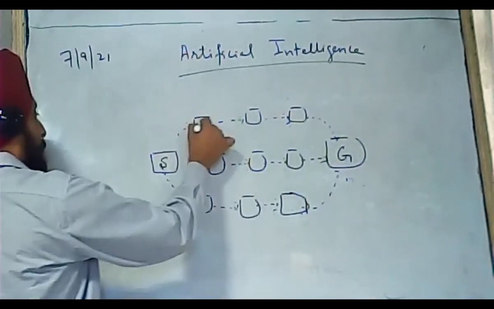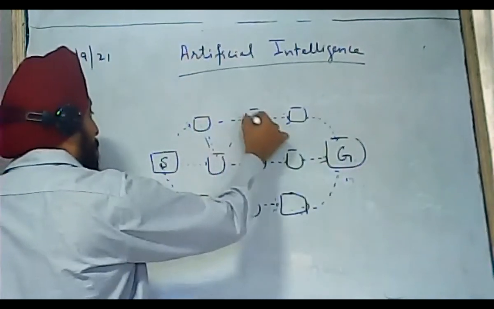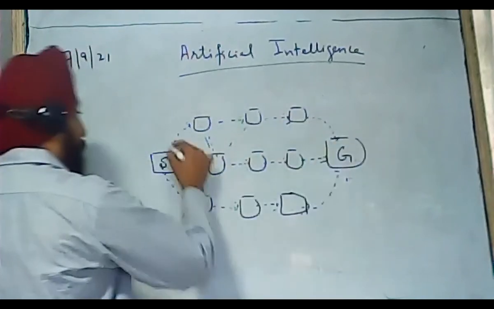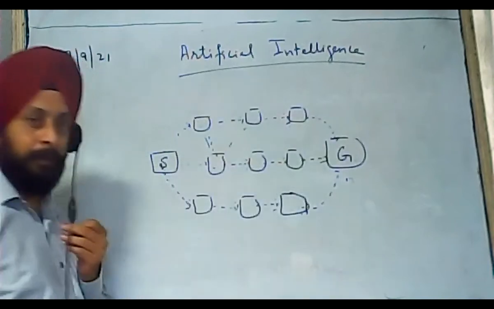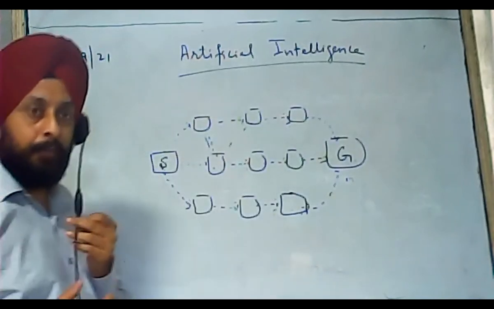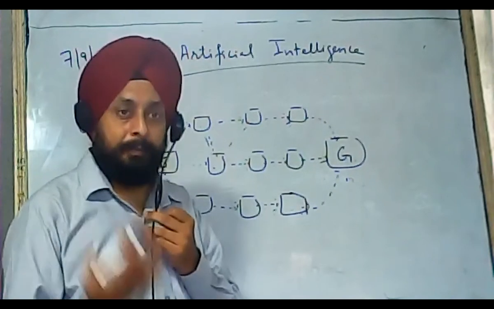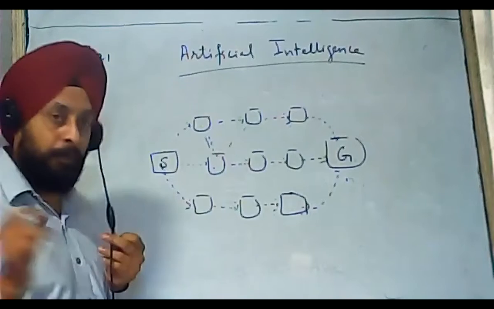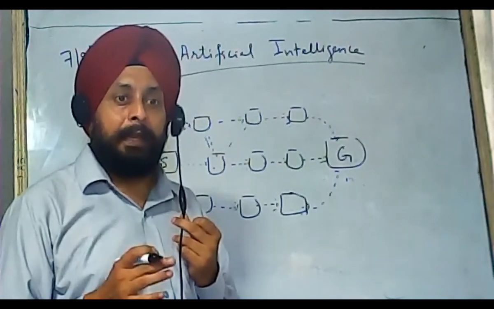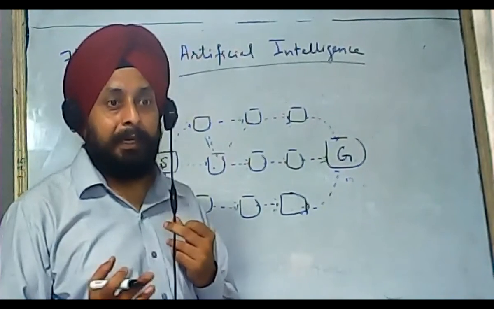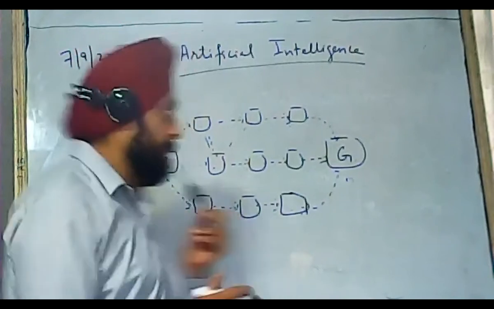Or you go this way, then you come this way, then again you go there, then you come here in a zigzag manner, or from here you come here, then you can come here or go this way. So any path you can follow. It is up to you. The condition could be the shortest path or something. But if I put a constraint that while moving, you can only take the right turns, you can only take the right turns, you are not allowed to take the left turn, then